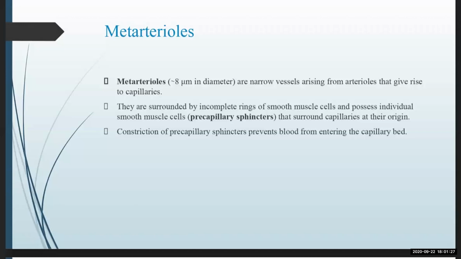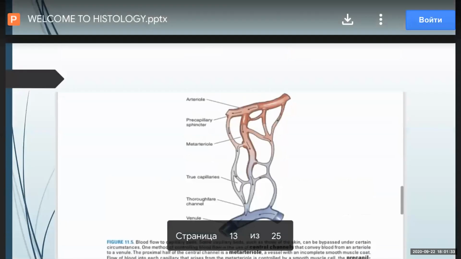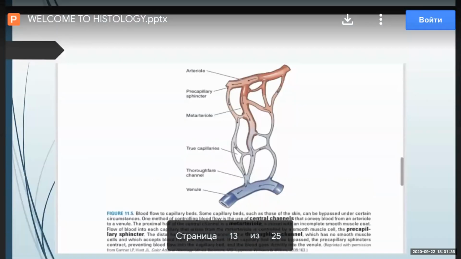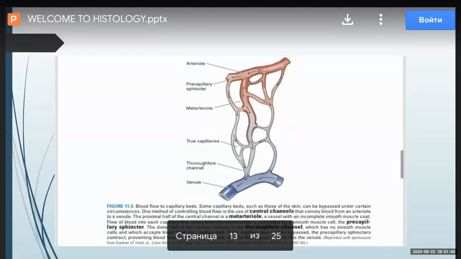I want to show you metarterioles here. If you see at the top, we can see that arteriole, and arteriole. Okay. Now,